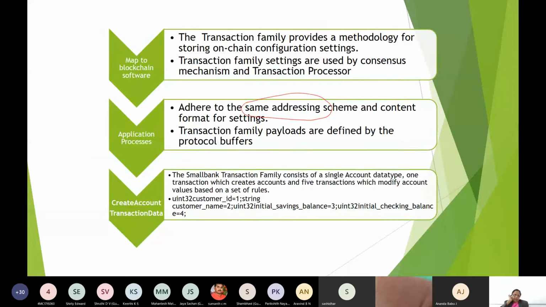Okay. Let us take an application where the account creation is there, and you want to deposit, withdraw, such things. So you need to create the account data. Here, I have shown a small module. So uint, one blank should be there, customer ID, and this is 1. Then string customer name 2. Then savings 3, right?